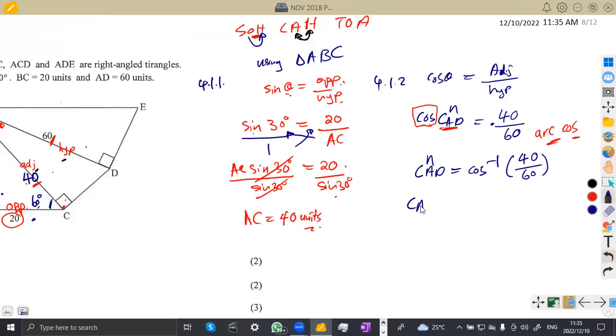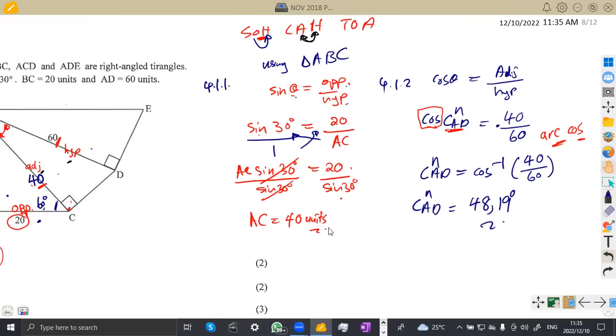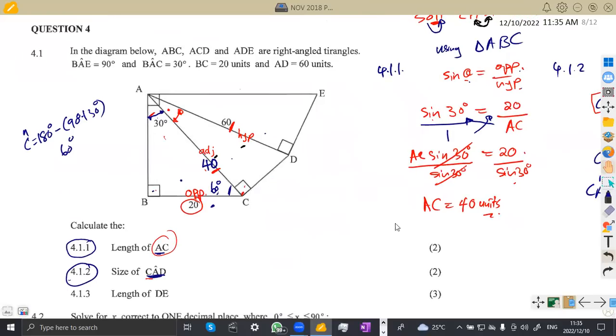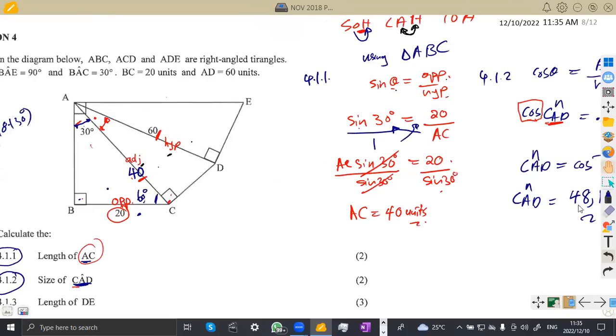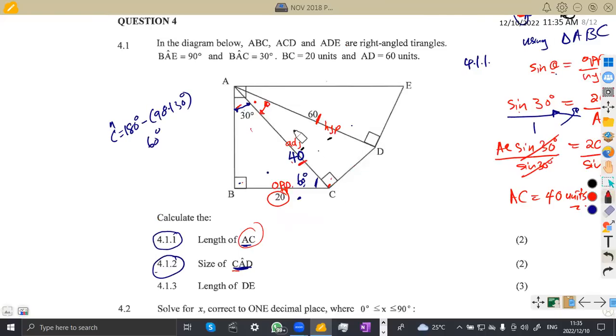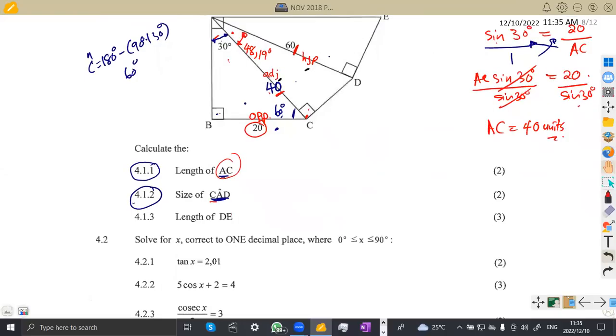So our CAD is going to be, we said 48. So that was 48.19 degrees. All right, so that was the concept for the angle CAD. So you can even write it 48.19. So here we put 48.19 degrees, just in case we might need this. All right. Then on 4.13, we are now asked to calculate the length of DE, and that was 3 marks,